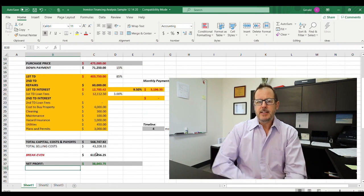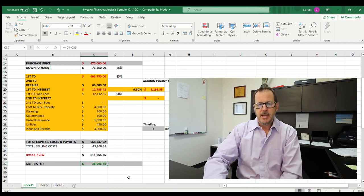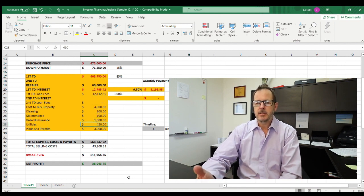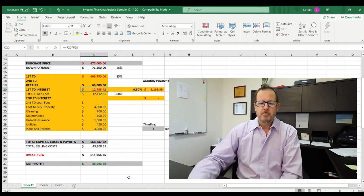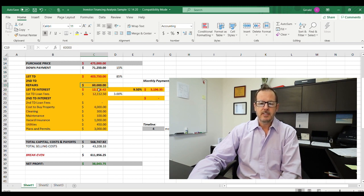So if I can make $38,000 on an investment, and basically in this case you're putting up the down payment of $71,000, you're putting up the rehab, you're paying for hazard insurance, you're paying for utilities, for gas, electric, water. Let's say you've pulled permits, you've drawn plans, you put that out of your pocket, and also you've made 4 months of $3,100 payments, so that's $12,785. So basically, you're putting $71,000, $60,000, $12,000 to buy it, insurance, maintenance, hazard insurance, utilities, and then